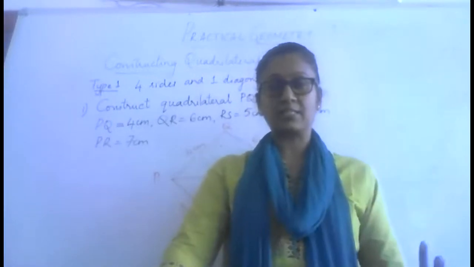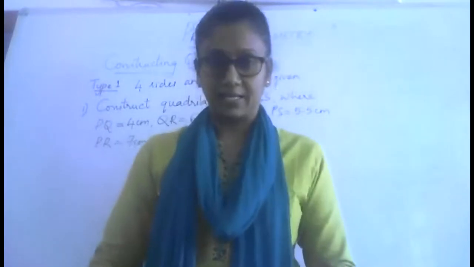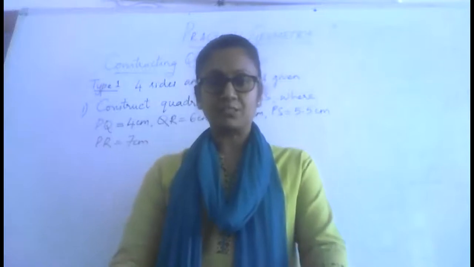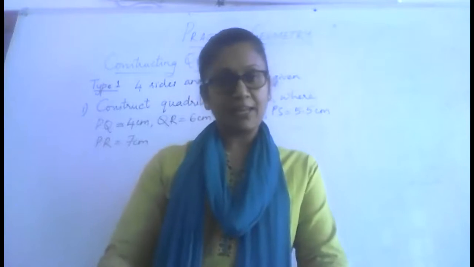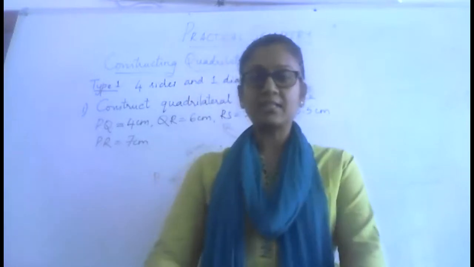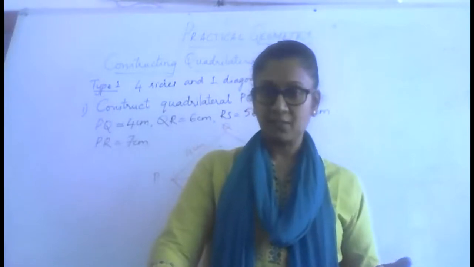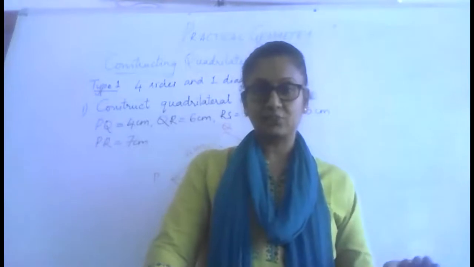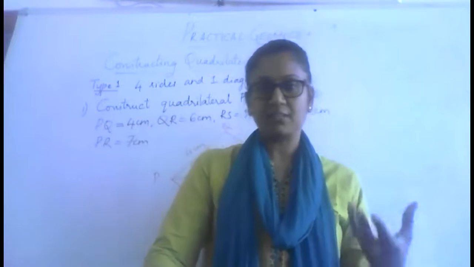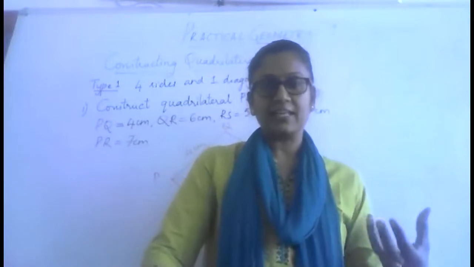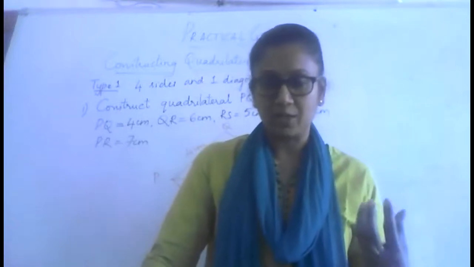Now, last year, the total construction was based on triangles only. So, you were able to construct a triangle when any 3 measurements of the triangle were given to you. So, this was the basic requirement. There were various combinations in which these measurements were given. To start with, first, when 3 sides are given, you know how to use those 3 sides to construct the triangle. And what is that criteria that you were checking, whether when 3 sides are given, can I construct a triangle or not? There is something called the triangle inequality you learned last year.